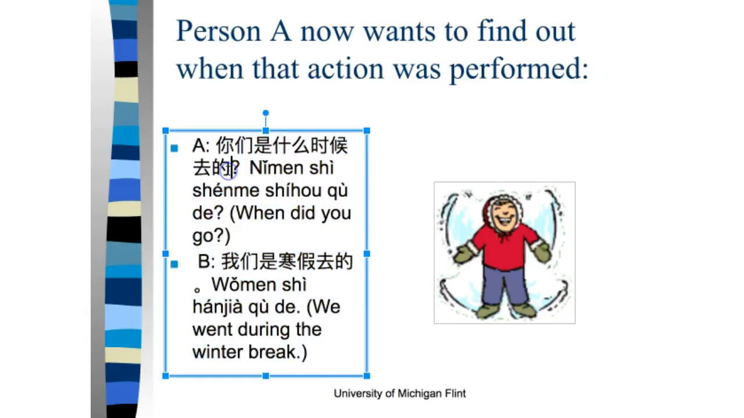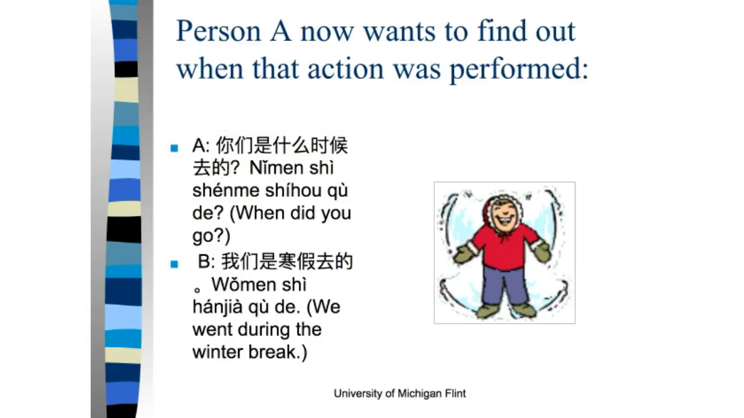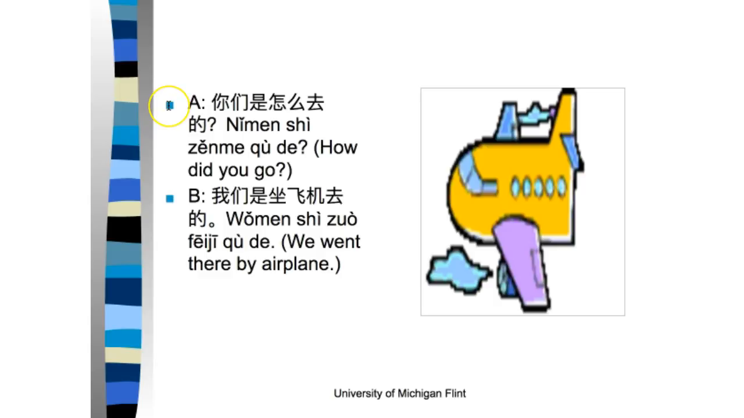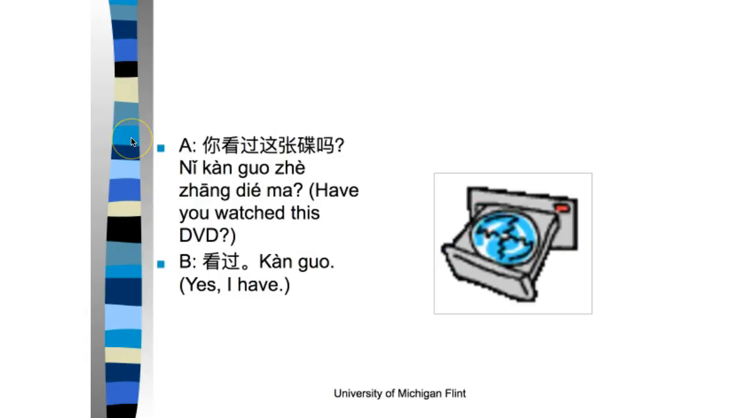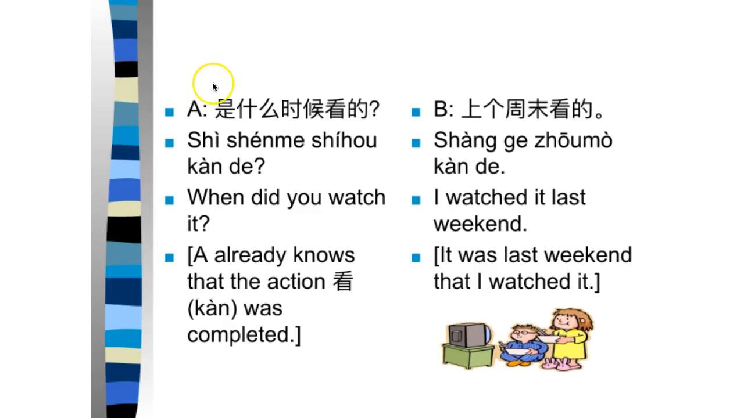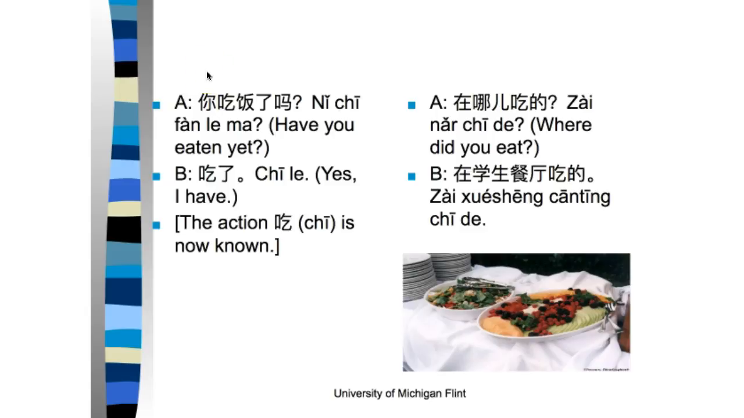If you don't have a 的 at the end, the question is grammatically wrong. The answer is grammatically wrong. 你们是怎么去的? How did you go? 我们是坐飞机去的。你看过这张碟吗? So this is another new conversation topic. Have you seen this DVD? Yeah, I did. Okay. Now we're going to ask details about how you watch this DVD. 是什么时候看的? When did you watch it? 上个周末看的。你吃饭了吗? New conversation topic. 吃了。